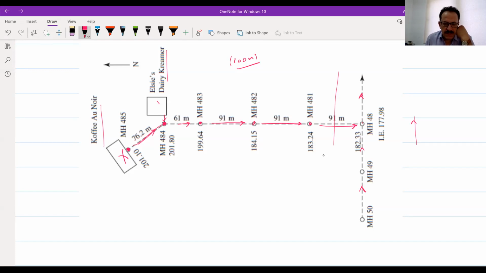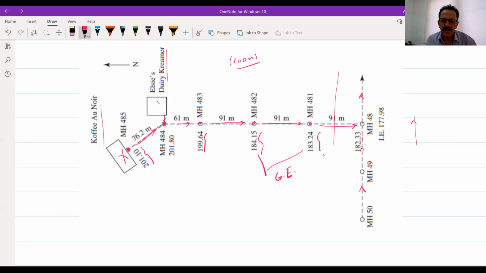Now, you can see there are points here. These numbers represent the ground elevation. So the ground elevation here is 201, 201, and 119. So it looks like we have a hill here, and the flow will be going down. So the flow will be by gravity. We have the top here and the bottom here. That means that we have a sewer here lower than this sewer, lower than this sewer.